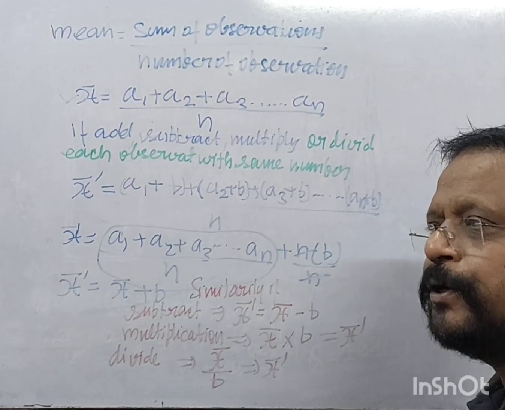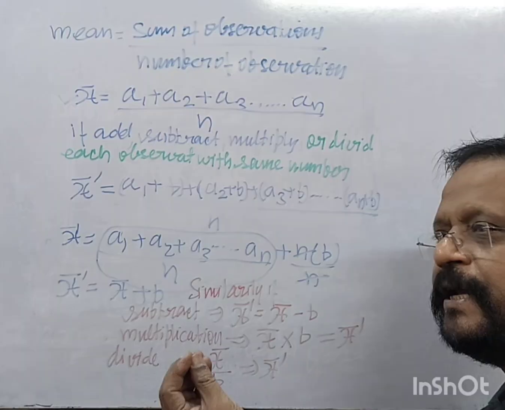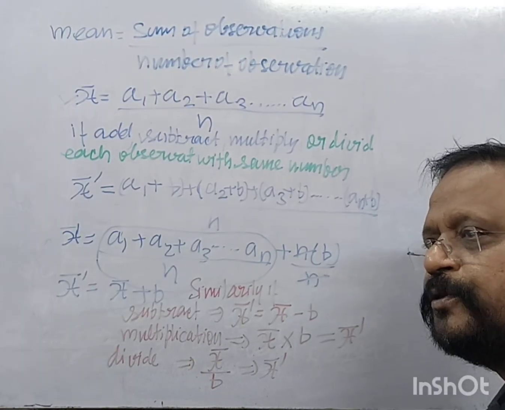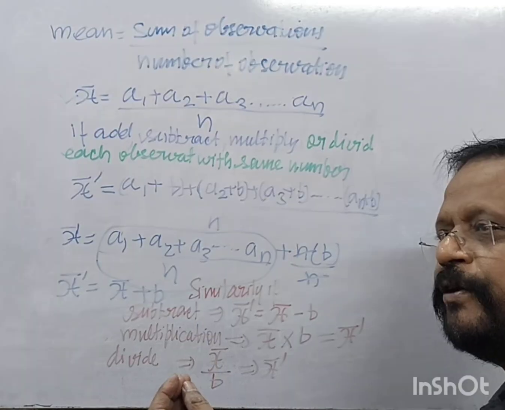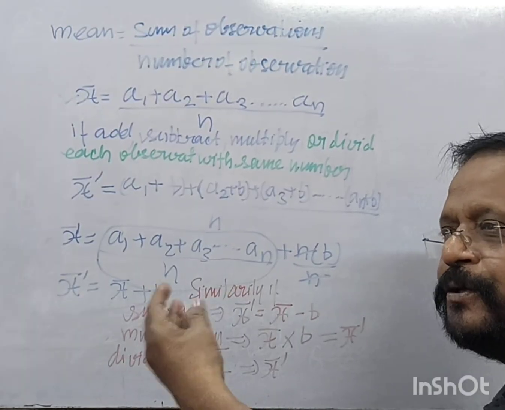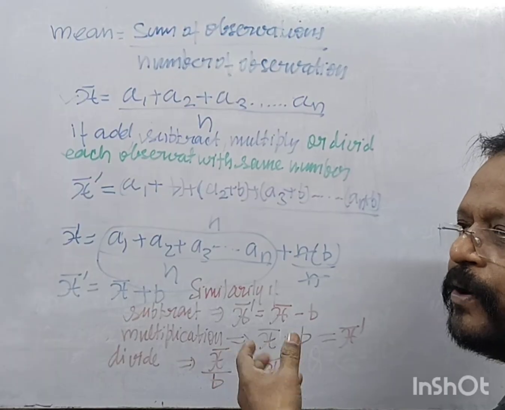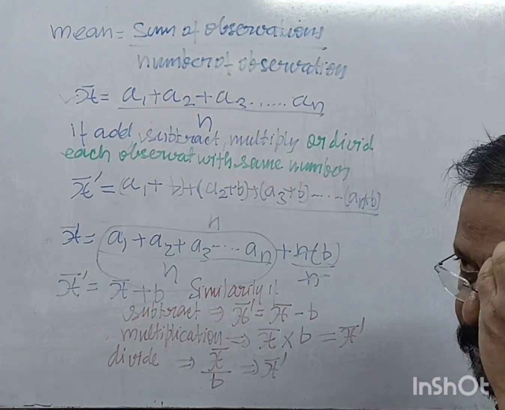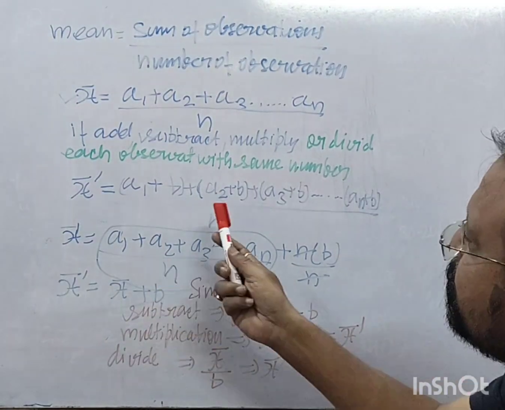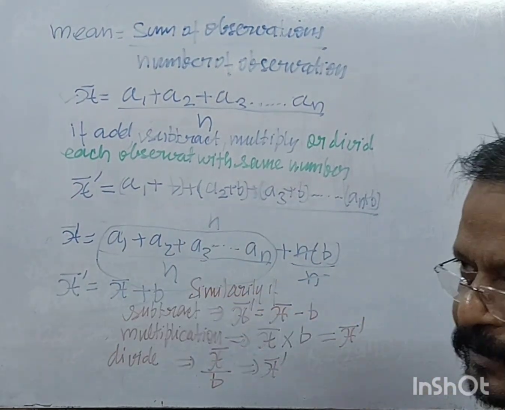ठीक है ना? तो जरूरी नहीं है कि आप कैलकुलेशन करो पूरा. अगर आपको ये दिख रहा है कि आपसे कहा गया कि there are 10 observations and its mean is 5, and in all observations 2 is added, it means you can directly add 2 in the mean and जो इसका new mean होगा that will be 7, right? So directly we can do that. No need to do it like that. By this method we can get the things done.